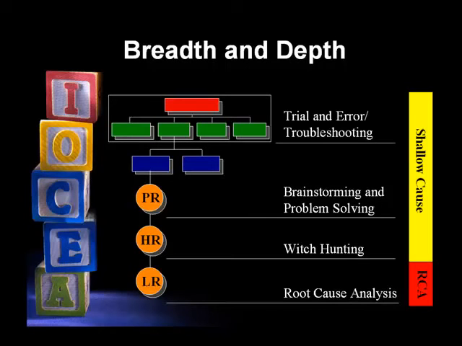So when we're looking at a logic tree as compared to a 5 whys or a fishbone, and breaking it down or dissecting it as to the difference between root cause and shallow cause, if we're merely looking at manifestations of a failure or superficial causes at the mode level, that's really no different than trial and error or troubleshooting. We're seeing if it works, and if it works, fine. If not, we'll try something else. When we get down into brainstorming and problem solving, we're drilling down in some type of logical manner, but we're almost always satisfied with some physical level. We find a part or a component that's failed, and then we go ahead and we replace it.